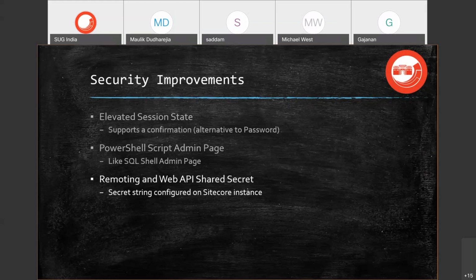You have to opt in on using them, so you have to create a patch that enables remoting, that enables Web API, and several of the other features. We're trying to be considerate of the fact that we don't want to just force everything on the user. In many cases, it's appropriate to make it immediately available. In other cases, it makes sense to require an opt-in so it doesn't disrupt your environment. In the case of the Web API, you're essentially creating scripts in Sitecore,